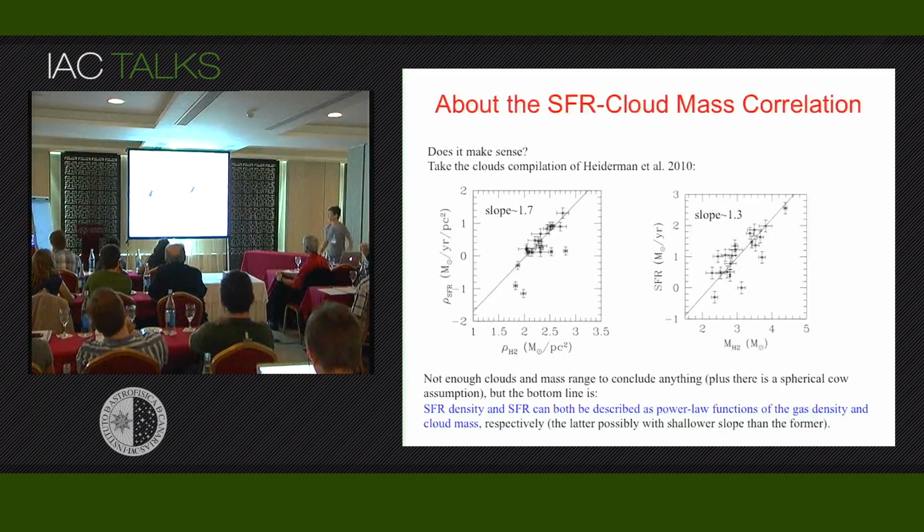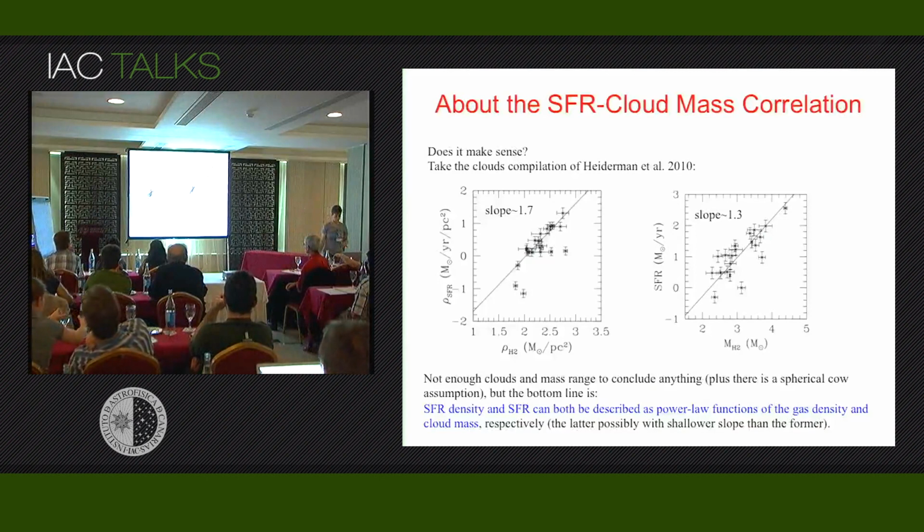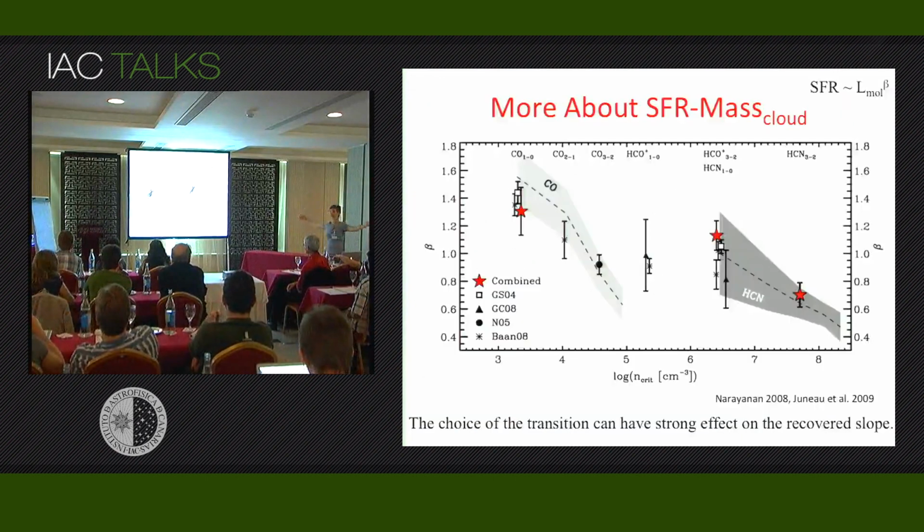And of course, don't draw any conclusion out of this, because of the mass range, the star formation rates, and the fact that I had to assume a spherical cloud approximation, so I assume that all the clouds are spherical. It means that you shouldn't believe this, if not to the extent that assuming a direct power law proportionality between a star formation rate and a cloud of molecular gas still makes physical sense.